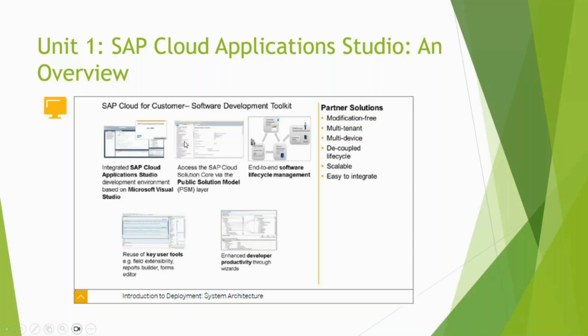So yeah, in Cloud Application Studio, we have end-to-end software lifecycle management, to build, assemble, download, and we can create a patch solution once the solution is deployed. So we will have an original solution and a patch solution. Once the patch solution is created, we can't work on the original solution. We have to do all the changes in the patch solution, and once we assemble that, the changes will move to the original solution. So this is the software lifecycle management,